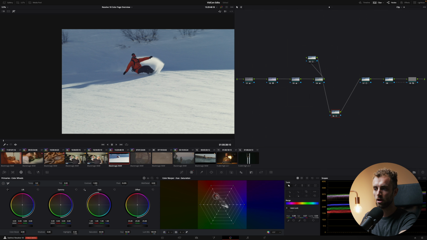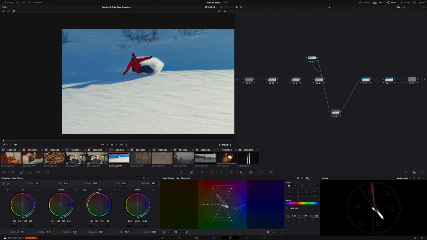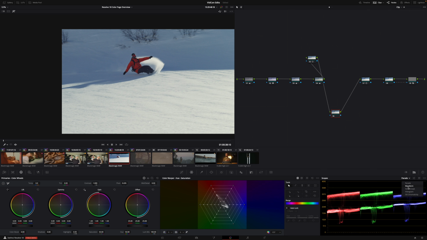Because you have a lot of control, every dot you can change basically. The cool thing is that you have a vector scope built in so you can see where the colors are at. So I can drag that red up and boom, suddenly the red is popping. Yep. And then I can maybe drag the blue up and then boom, got a lot of contrast here. So that's a cool way to play around with a warper, but it's kind of difficult and you have to get used to it. But if you know how a vector scope works, right here, then you can start working with it. Awesome. All right.